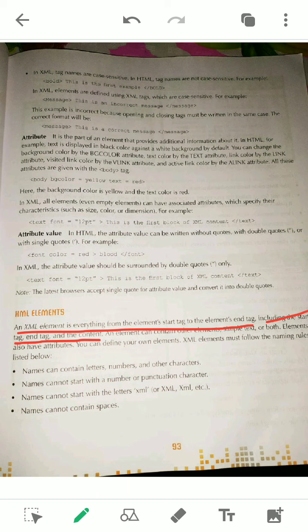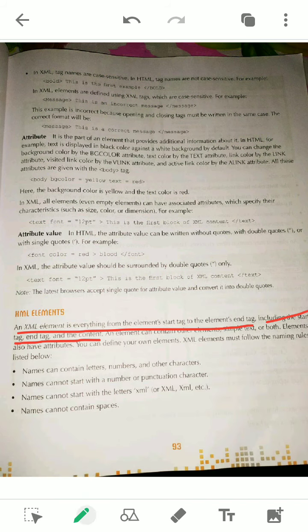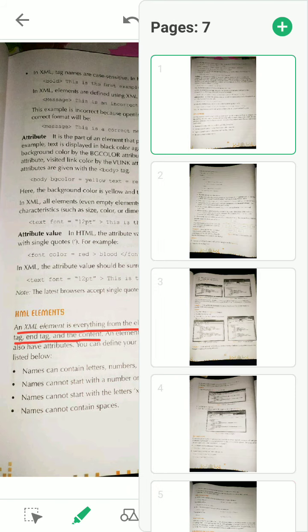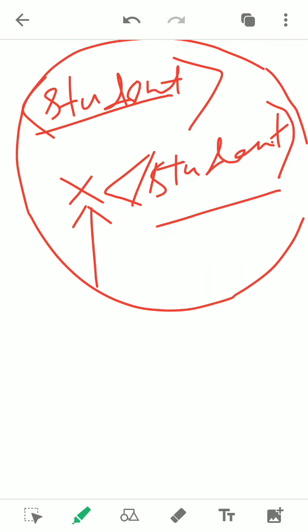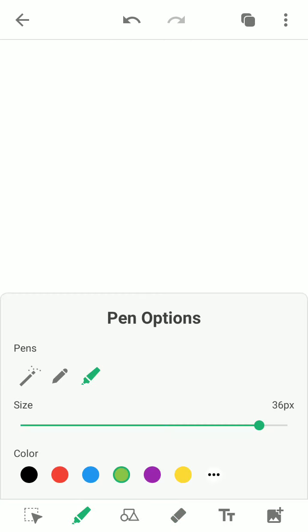Once, I think in 2018 or 2019, there was a question in SSLC. What was the question? What are the things an element may include? That means, what are the things an element may contain? Now see, I will show you again.